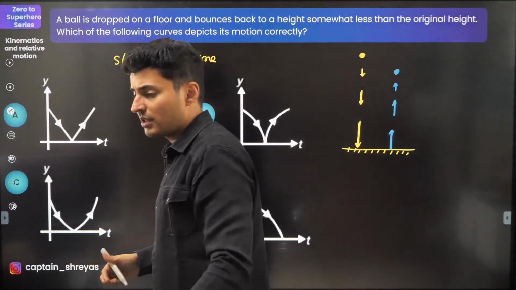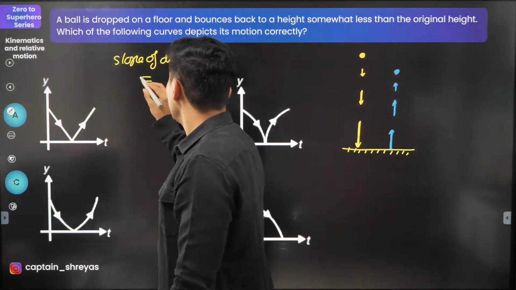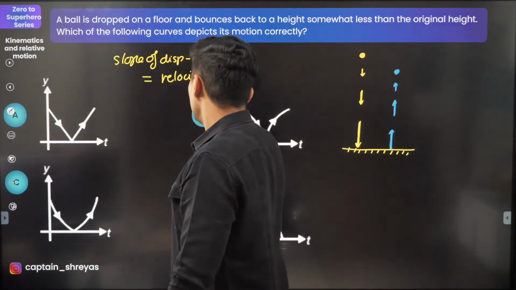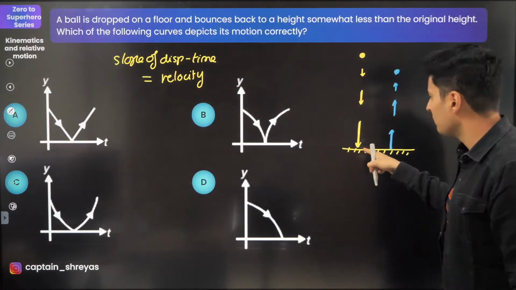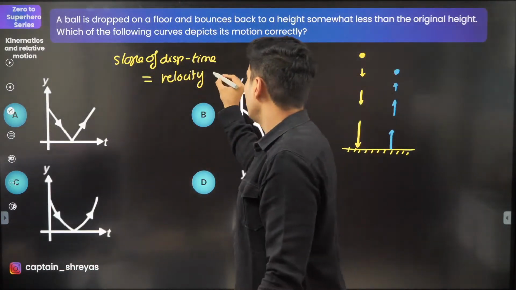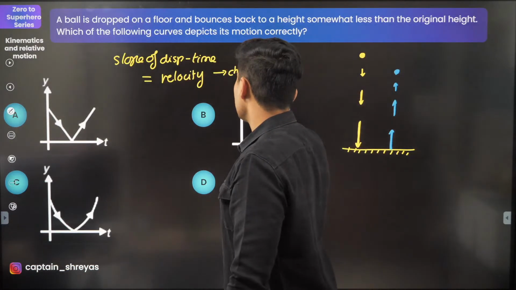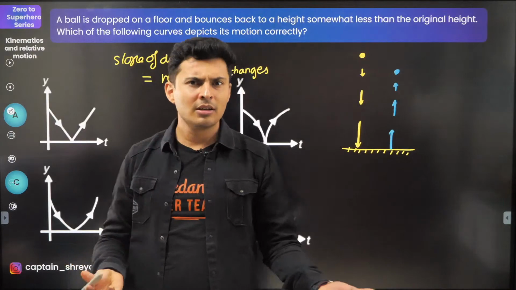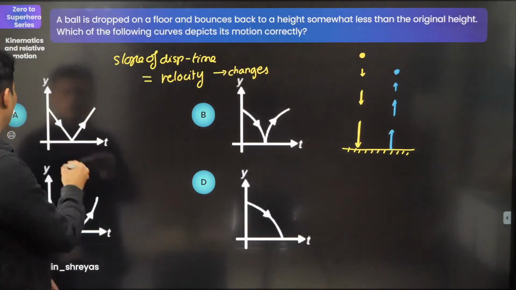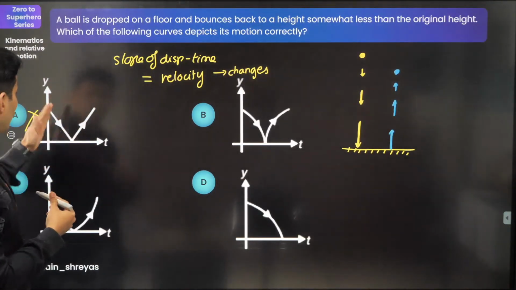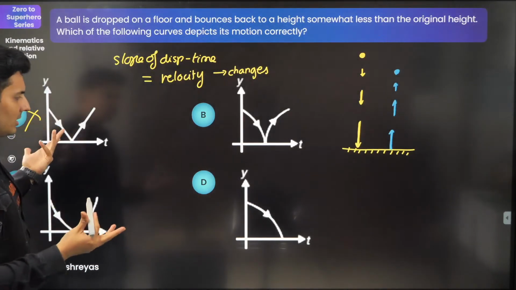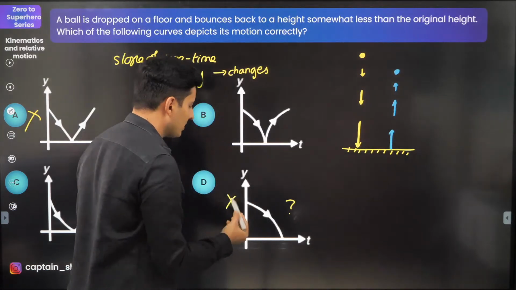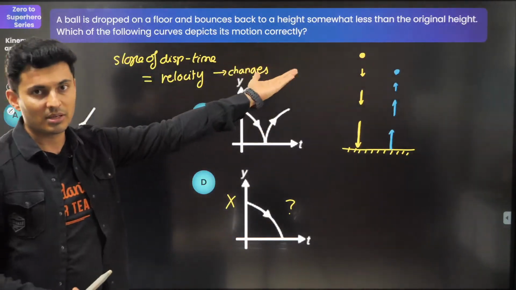Many people are saying acceleration. No, sorry. Many people are saying velocity. Yes, correct. So that's velocity, guys. Perfecto. Now, is the velocity same? Obviously not same. So velocity is changing. If velocity changes, obviously slope is changing. So all those graphs which have constant slope will get out. This is out, constant slope. Look at this, slope, constant. This is not even bouncing. Where is that bounce? So obviously gone. There is no bounce, it's bouncing back.